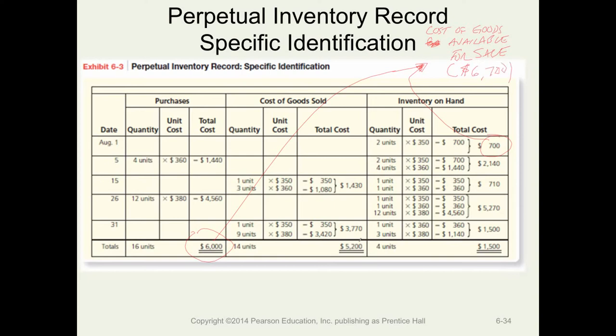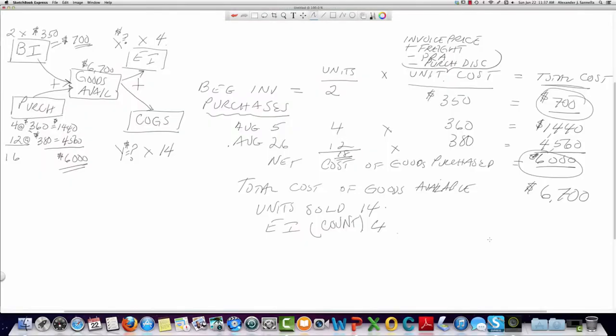How is it allocated? 52 to the cost of goods sold and 15 to ending inventory. And of course, that should equal 67. So going back to this diagram here, what we did is we took the total of goods available, in